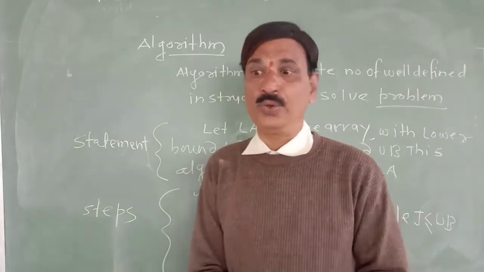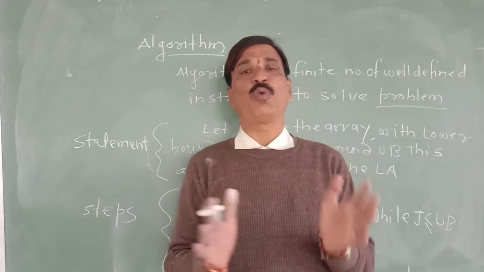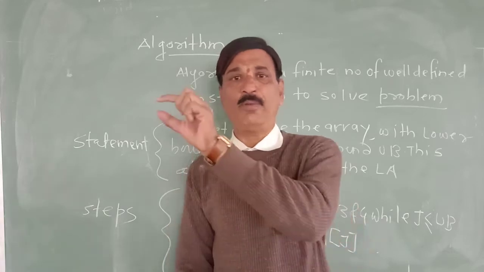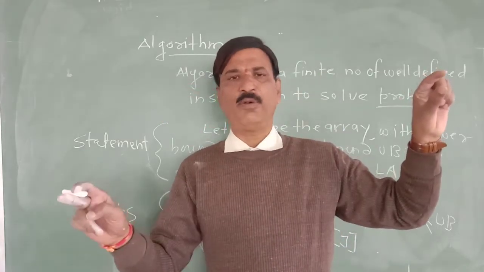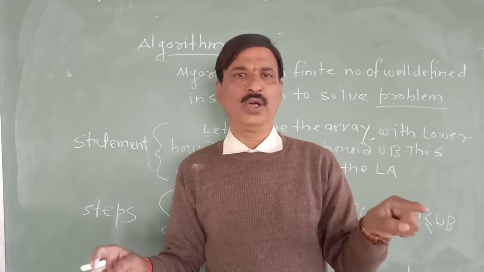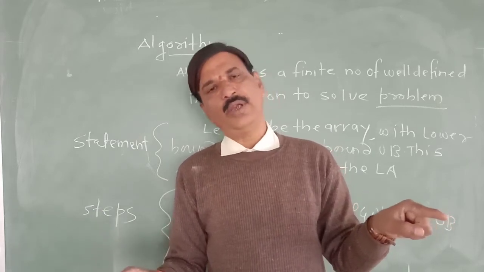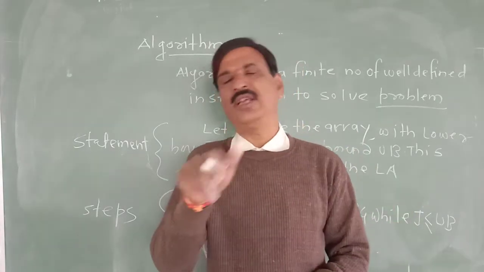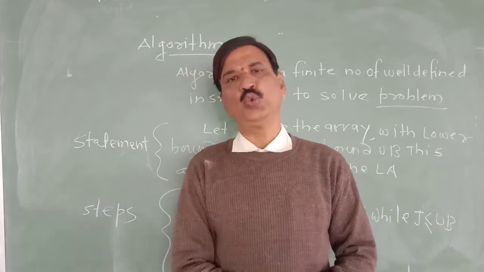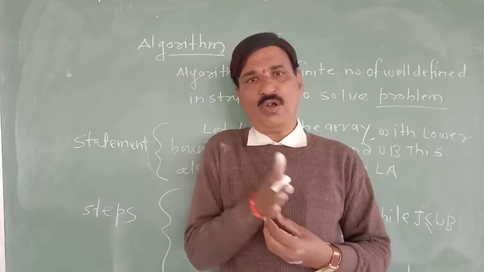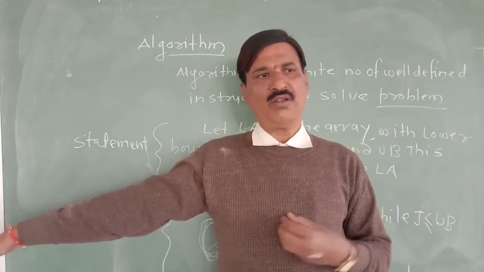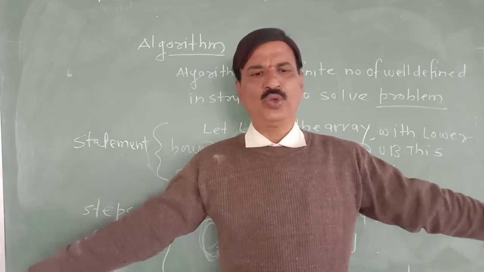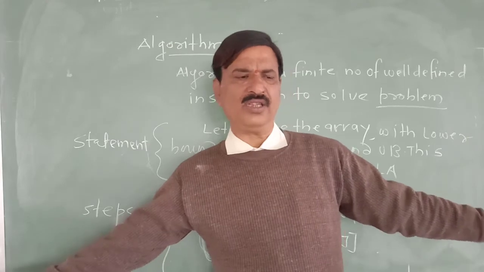One more example that we are going to see. Take the example of a C++ program in which we have to print whether a number is odd or even. Step number 1, read n. Step number 2, s is equal to n modulo 2. Any number when divided by 2, the remainder will be either 0 or 1. In s there will be the remainder. If s is equal to 0, the number is even. If s is equal to 1, the number is odd. So either one branch will be taken. This kind of flow is called conditional flow, either this or this.